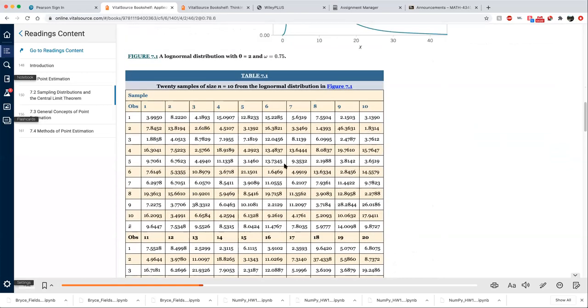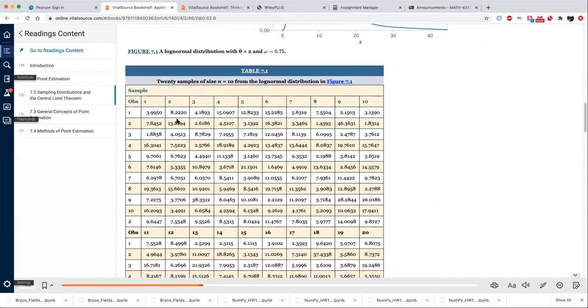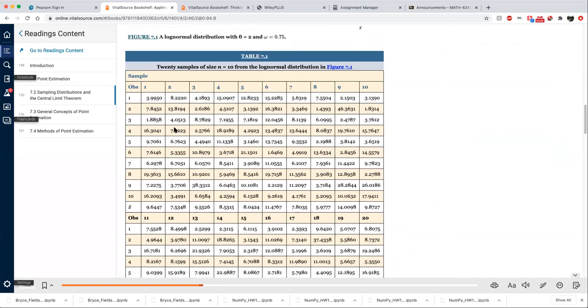This table shows the sample observations with sample size n equal to 10. Each column, number 1, 2, 3, 4, means the sample number. So sample one, sample two, and sample three. For each sample, there are 10 observations, right? And the vertical numbers here, the row numbers 1, 2, 3, 4,